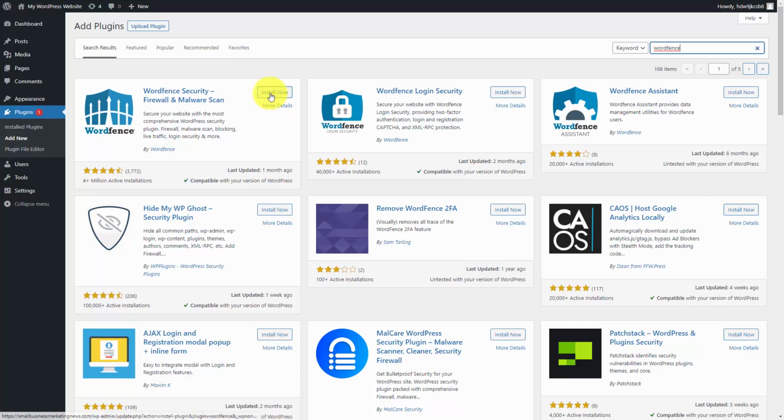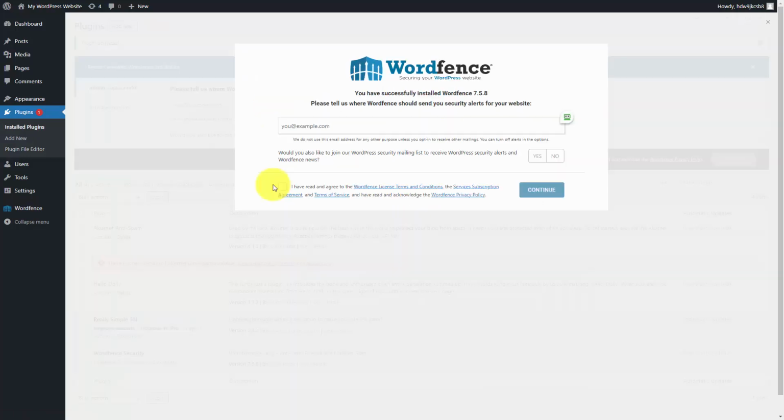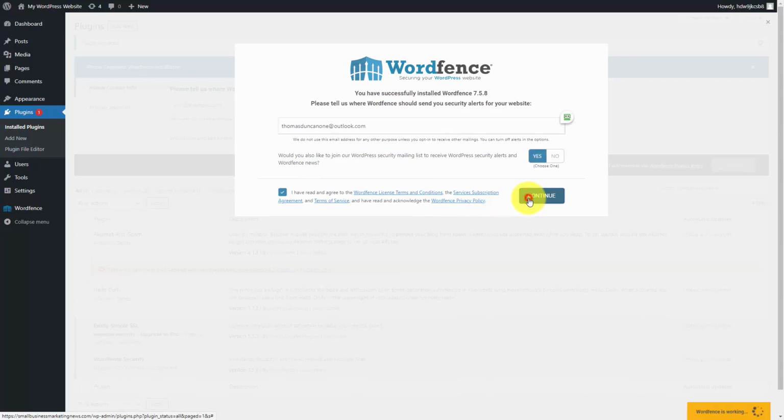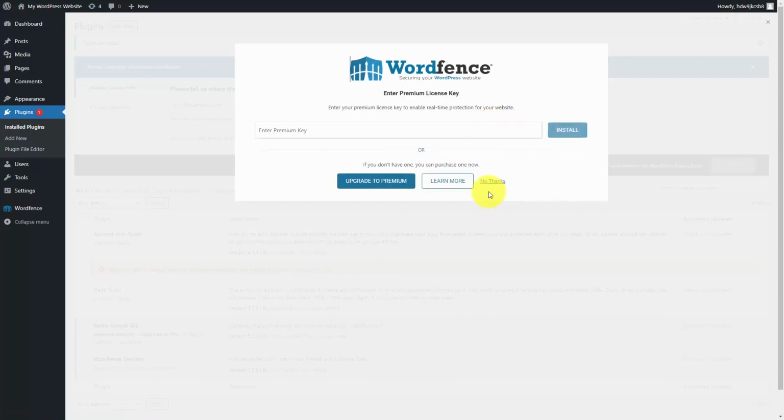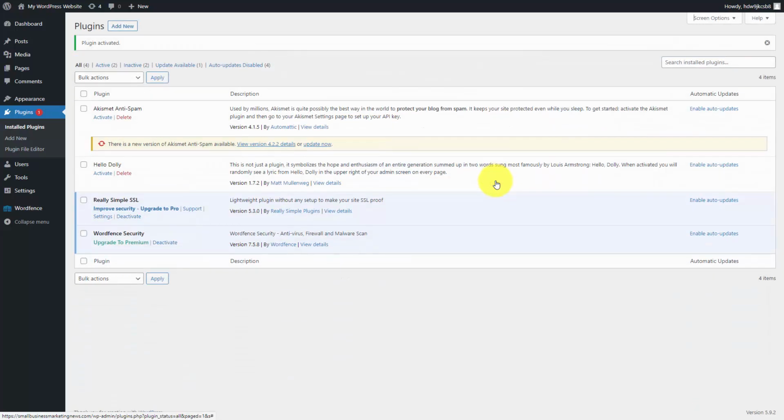That being said, what we're going to do here is click Install. And once Wordfence has been installed, we're going to activate. You're going to give Wordfence some contact information, and you're going to give them this contact information because you will get alerts in your email box about attacks against your website. And we're going to click Continue. Now, for the sake of this video, we are not going to be upgrading to premium, so we're going to